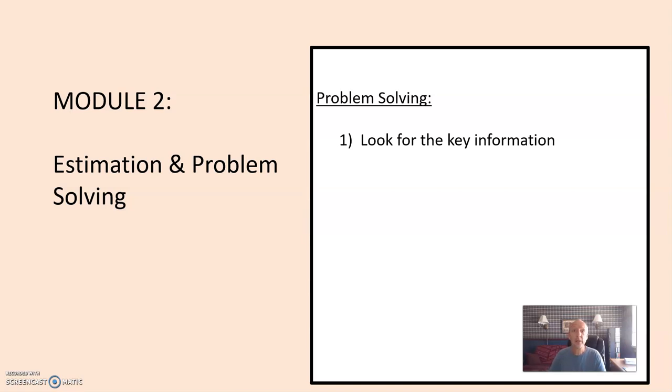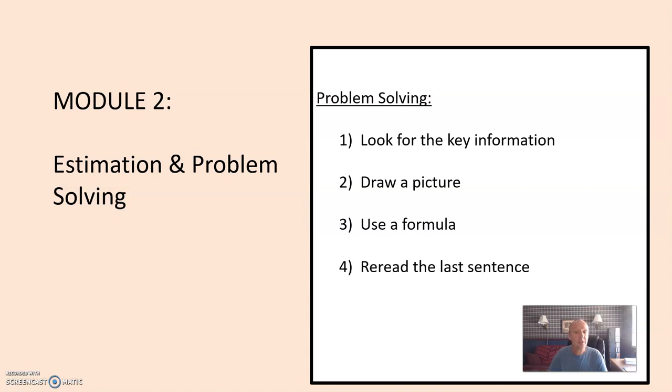If they give you a rectangle, do you know its perimeter? Do you know its area? It might be helpful to draw a picture. If you're a visual learner, having a picture might help you better understand what they're asking you to do. Maybe you need a formula for that key information to put it together to see what they're asking for. And oftentimes, it's very helpful to reread the last sentence. The last sentence often in a word problem will tell you what you're looking for, where you're trying to go.